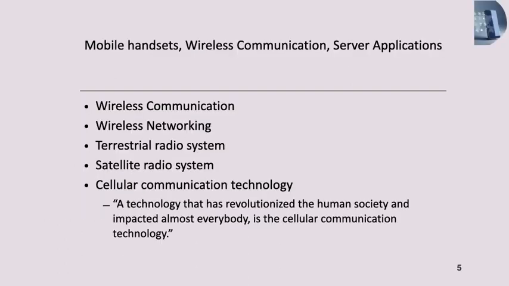A mobile handset or mobile system consists of a mobile handset, wireless communication, and some applications that may be client applications or server applications. Without a server application, the client may not work properly. So a communication system using mobile phones, or mobile communication system, must have some hardware devices like a handset, then a particular infrastructure, that is a wireless communication network, and some applications, client as well as server applications, must